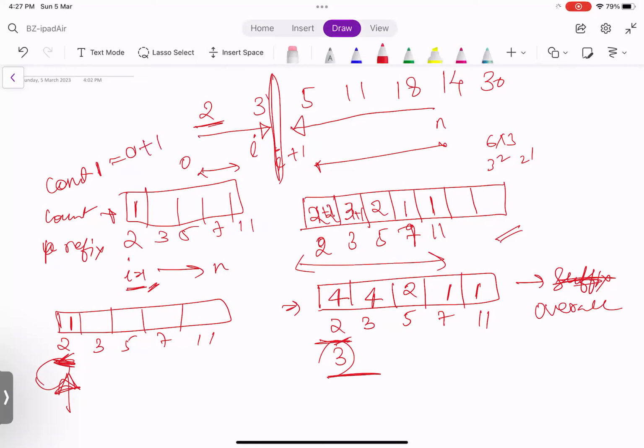So this is saying that i equal to 1 is not my favorable condition because count one is greater than 0. I'll move to the second integer, which is 3. When I take 3,